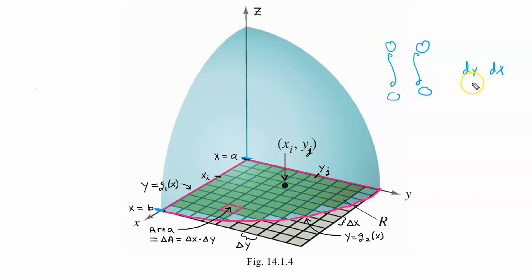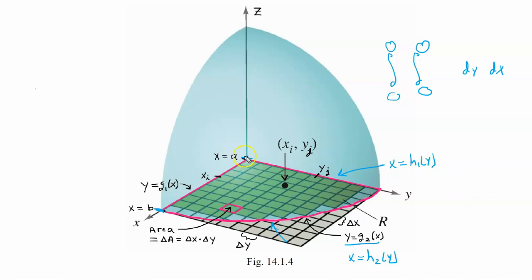Now we'll see later on you could switch the x's and y's, integrating with respect to x first and then y. Well, then you would have to change your curves down here. So you would have to think of these two curves first, this one and this one. You would have to think of this one as being x as a function of y, and this curve as being x as some function of y as well.